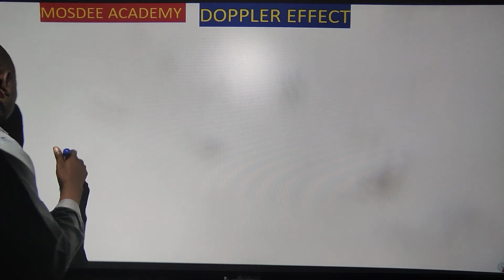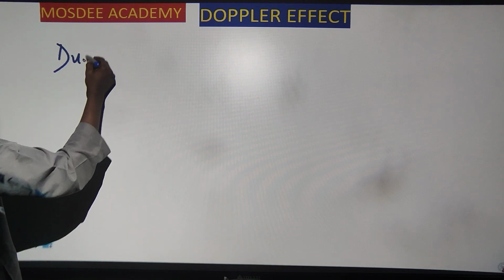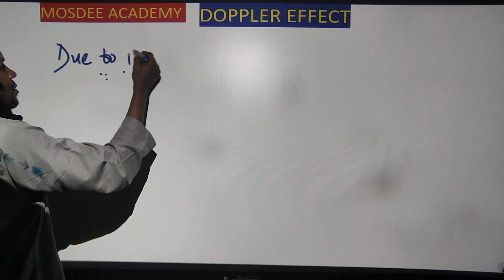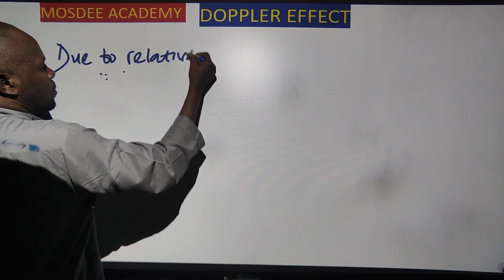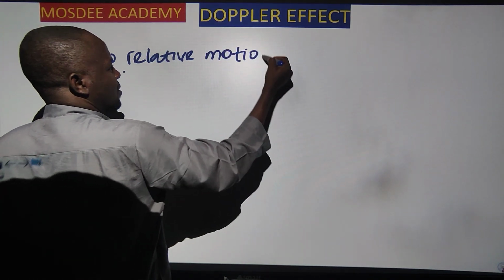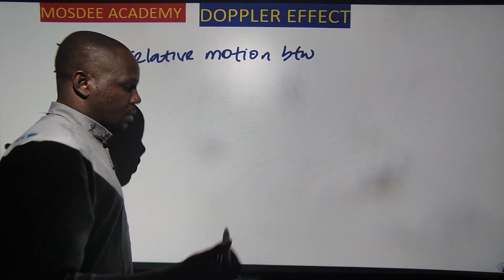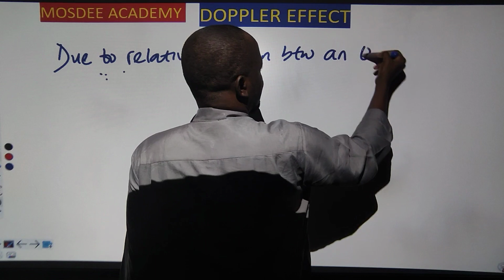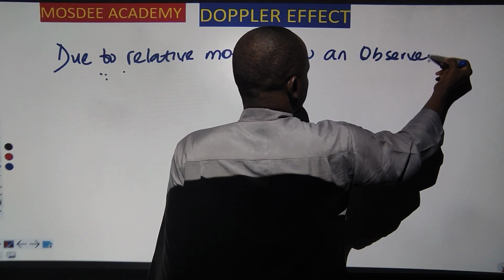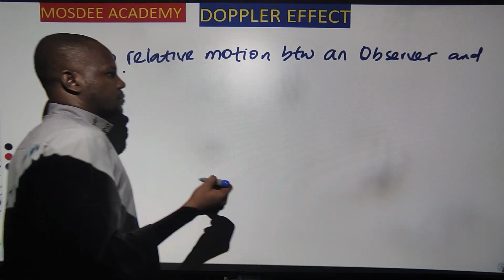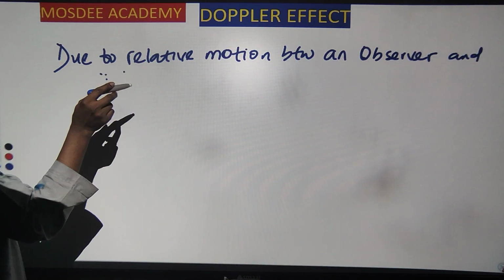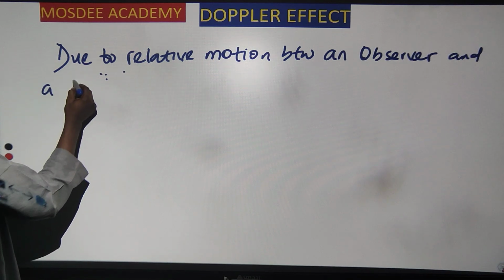So let's write the language form of Doppler effect so that we can understand it mathematically as well. According to Doppler, we were told in junior classes that due to relative motion between an observer and a source,